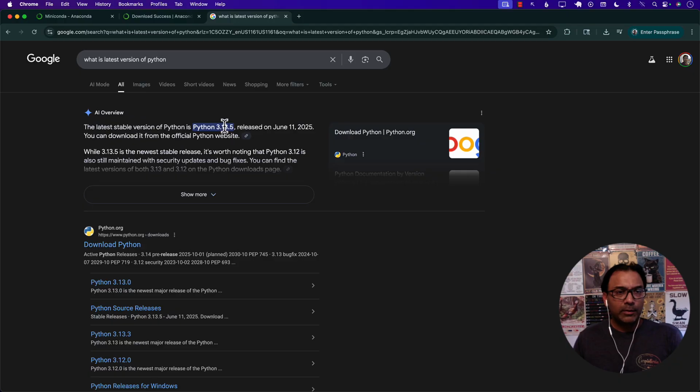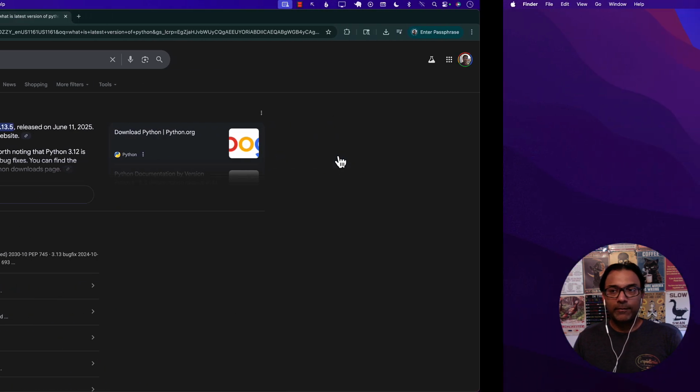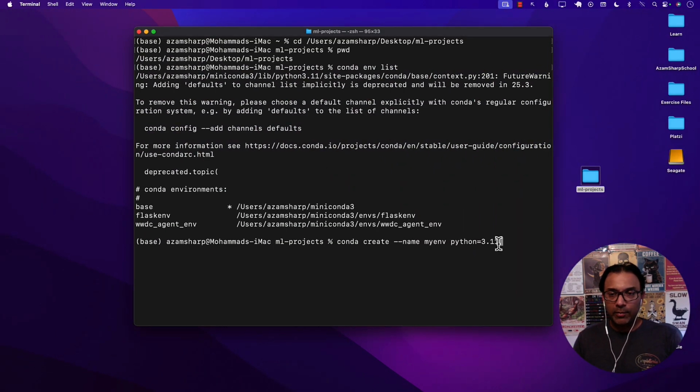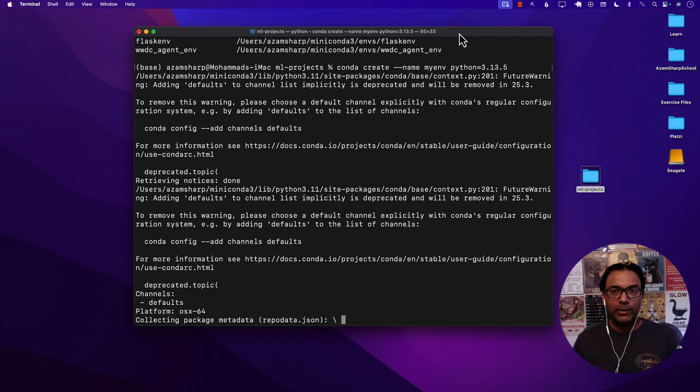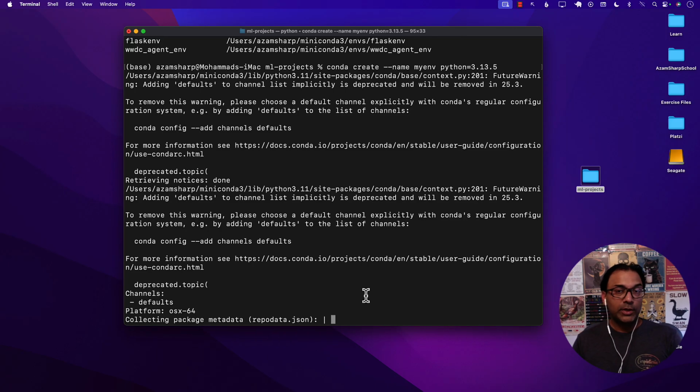If you want to install that, you can install that. 3.13.5. All right. So now if I run this, it's going to create an environment